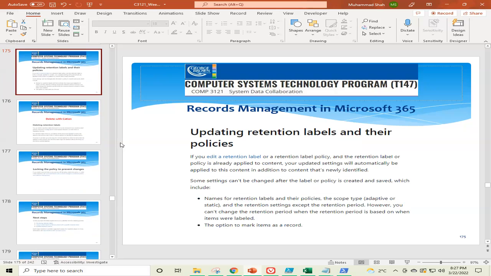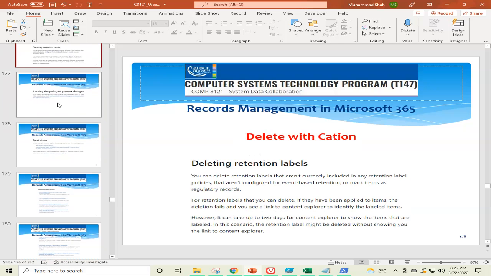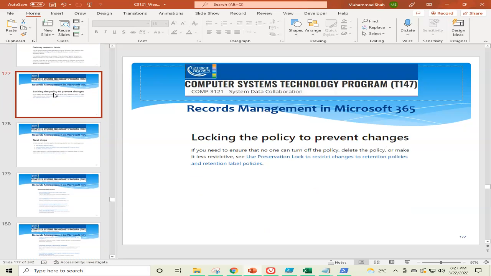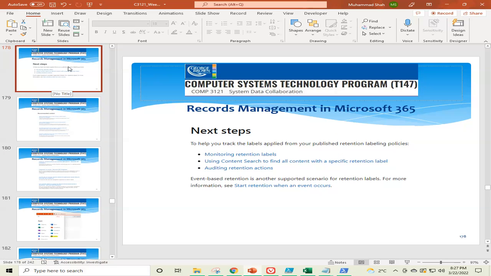And we can update retention labels and their policies. We can delete them too, but deleting retention labels we should do with caution. And we can also lock the policy to prevent changes. And next step, we can monitor the retention labels, or we can use content search to find all contents with